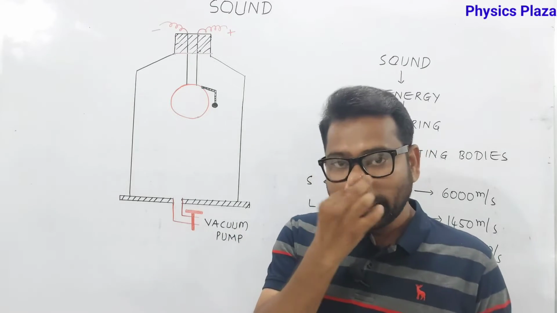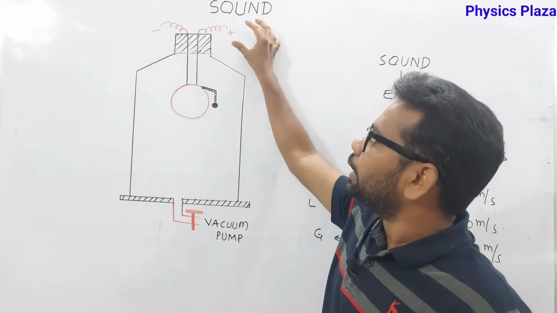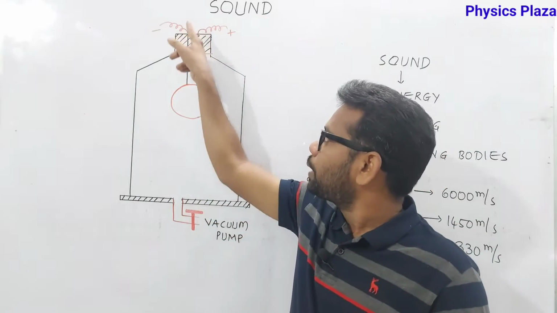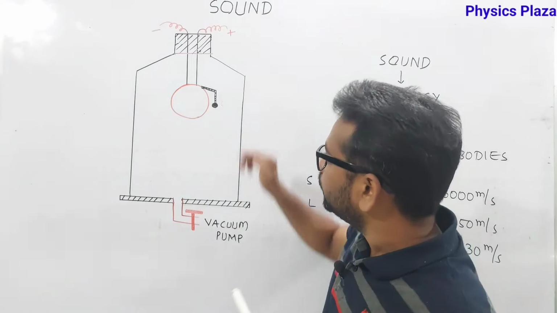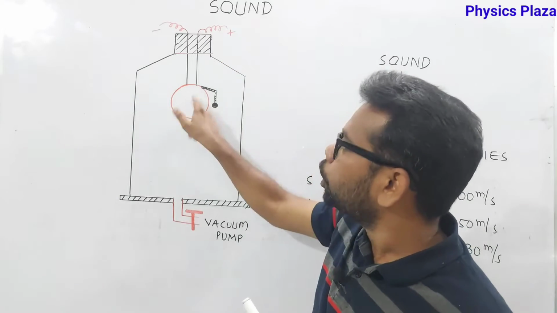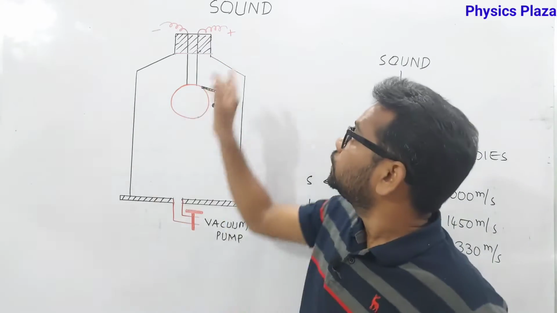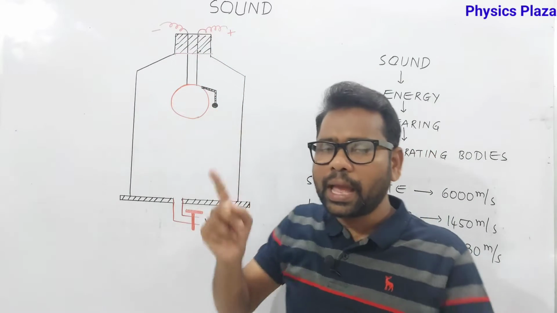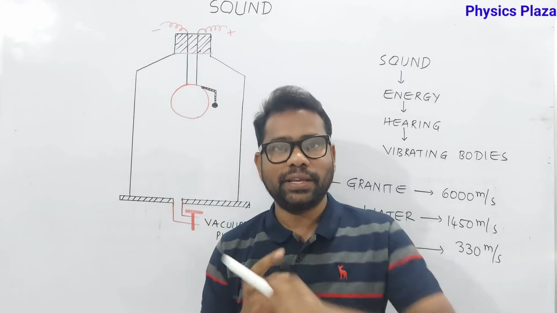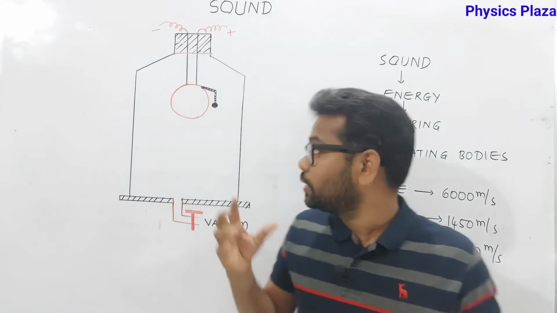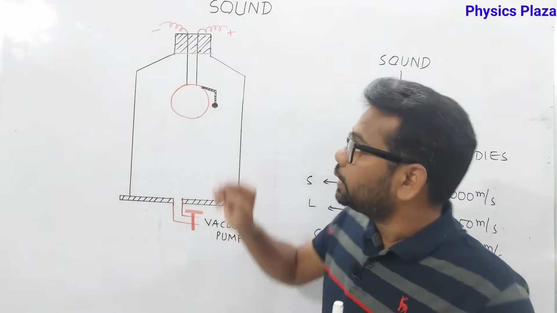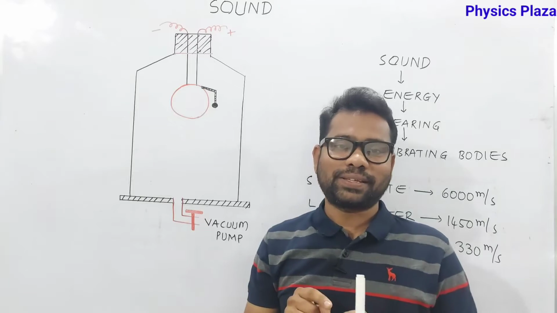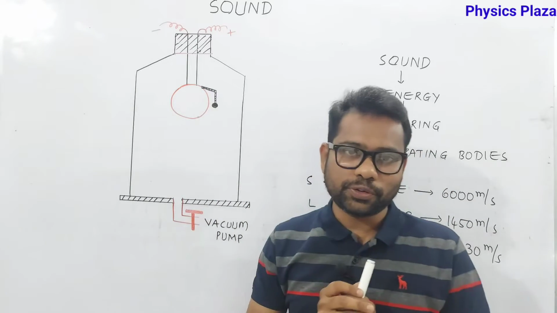So what we have to do, children, initially, the moment you connect the circuit, when you switch on the circuit, what happens? Current passes through the circuit, and this is called the hammer. It is called the gong, a metal gong. The moment current is passed through it, the hammer will be hitting the gong continuously. So what kind of sound is produced? Let us say I switched on. Did you hear the sound? Yes. That is what, sound is produced.